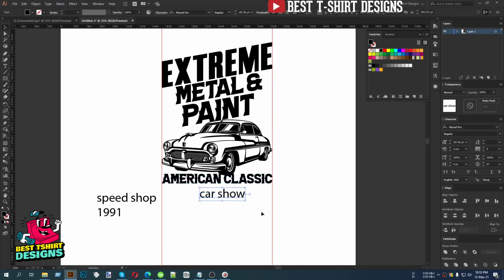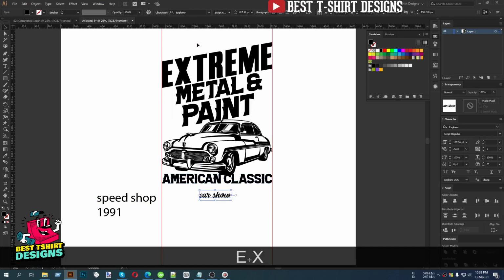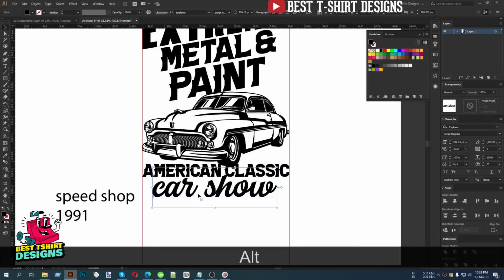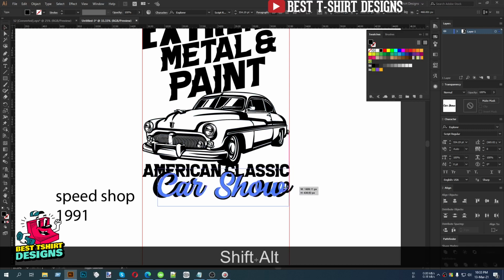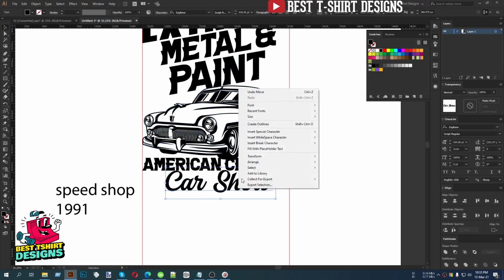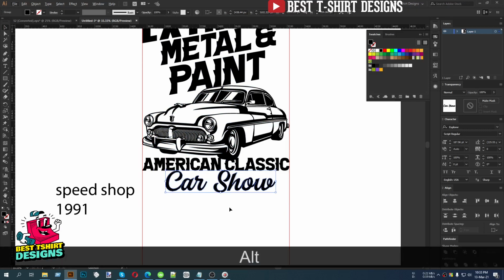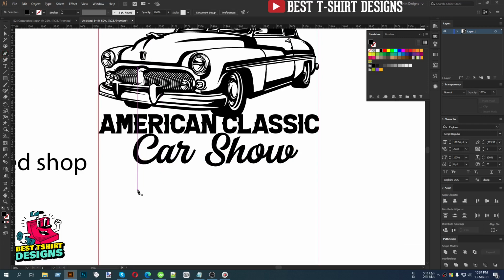Let's use this car show. So I'm going to use a script font here, maybe Explorer script, because this part I want to make a little curvy. This kind of design is for men, but sometimes it's really cool to mix the fonts. So all I am using are bolder looking fonts, so that's why a script font here, just to give it a different theme. Now for this area here I want to,